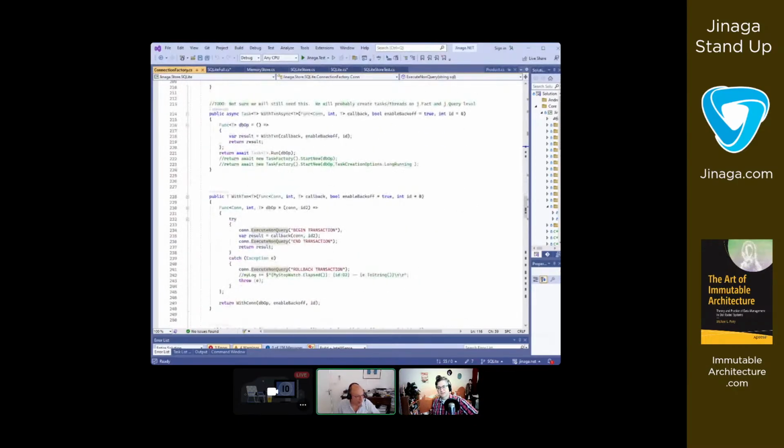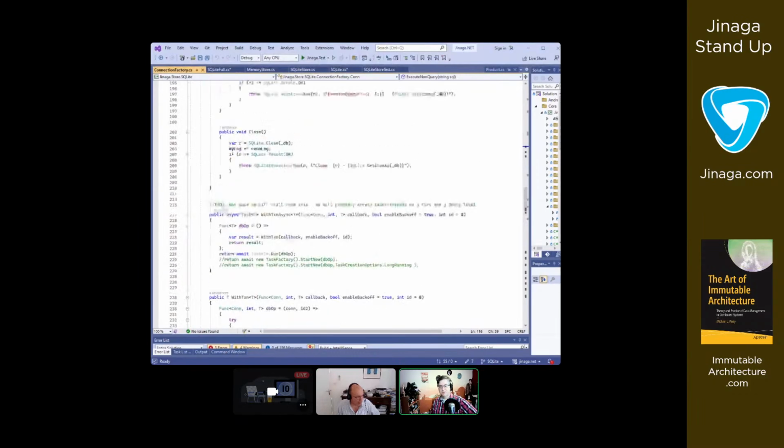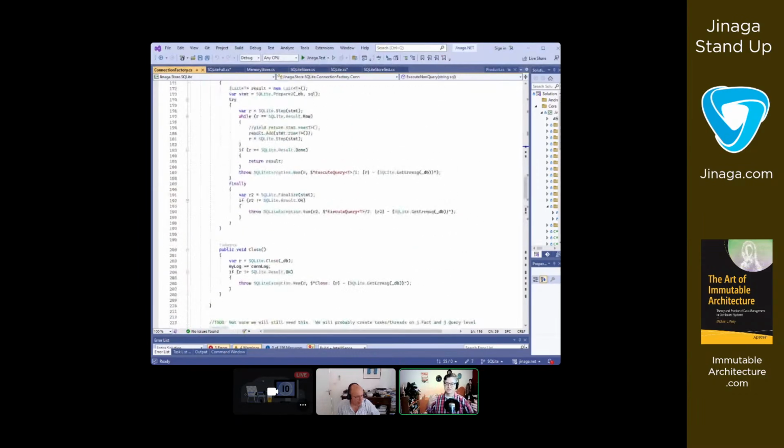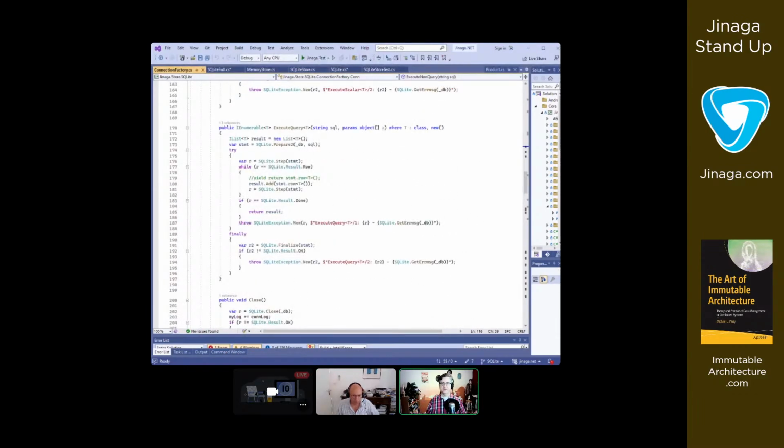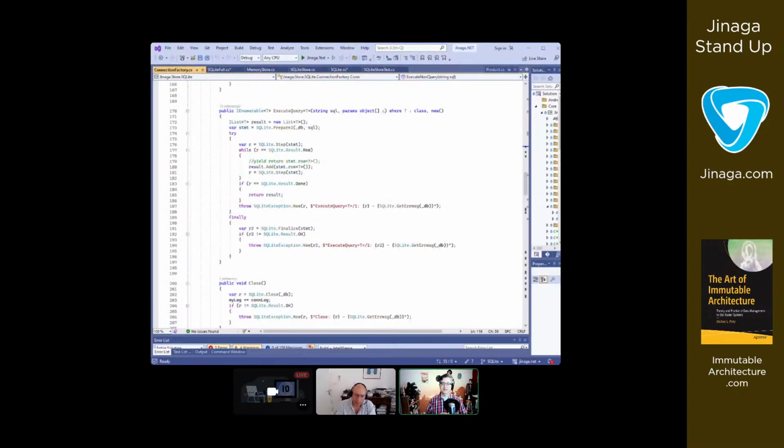I suspect that what we'll have is, rather than one generic execute query method, we'll take that as a template, and we'll have different methods for each of the different kinds of queries that we could execute. Or if you want to get fancy, then have that thing take some lambdas. So we pass in a lambda that converts a row into an object.